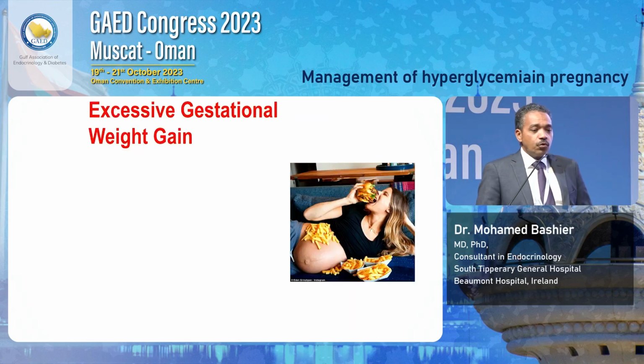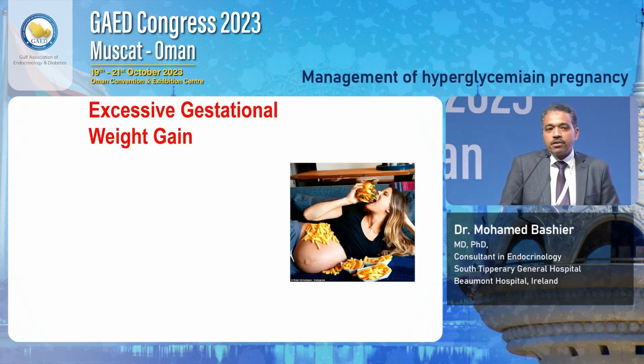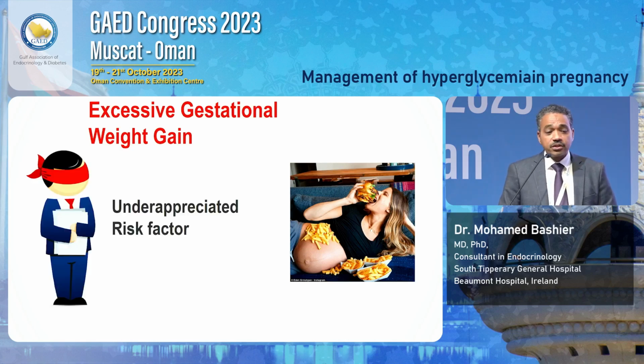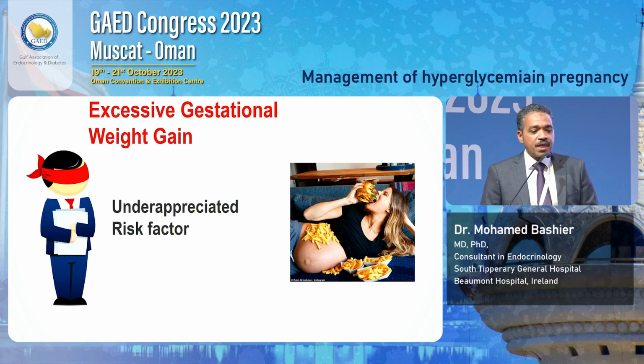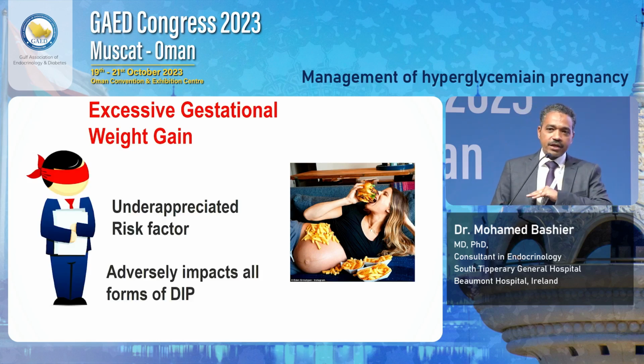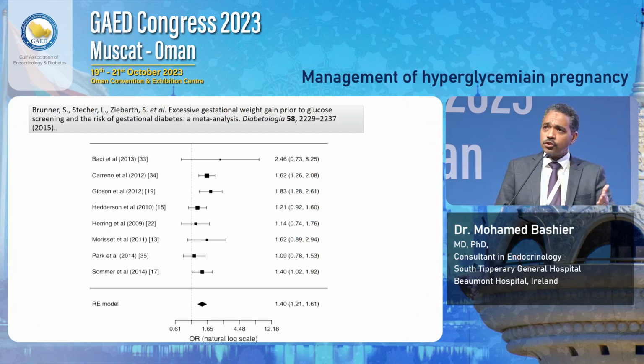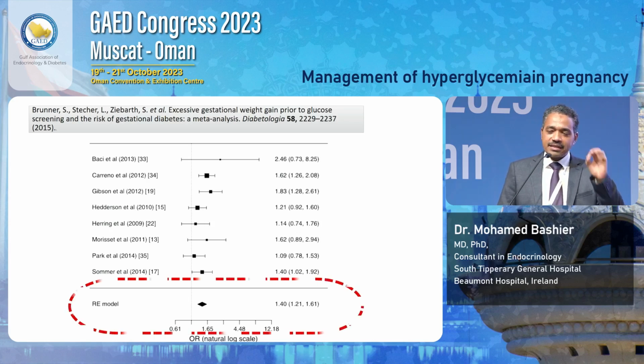Now, the next important part is how much the mother gains. Excessive gestational weight gain is an underappreciated risk factor by both healthcare professionals and the women themselves. And it adversely impacts all forms of diabetes in pregnancy. Type 1, type 2, gestational, all forms are impacted by excessive gestational weight gain. I told you maternal obesity is the highest risk for gestational diabetes, and excessive gestational weight gain is the second